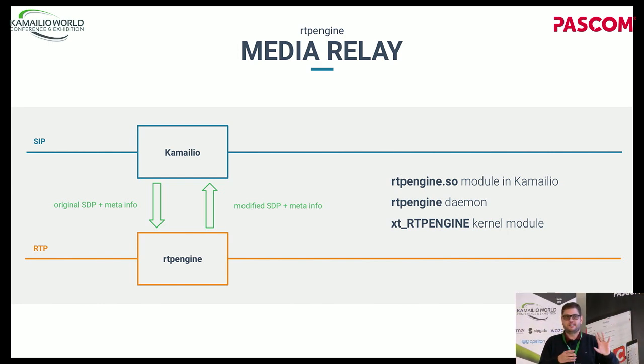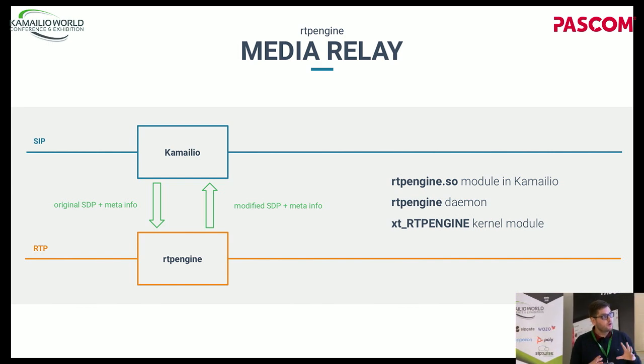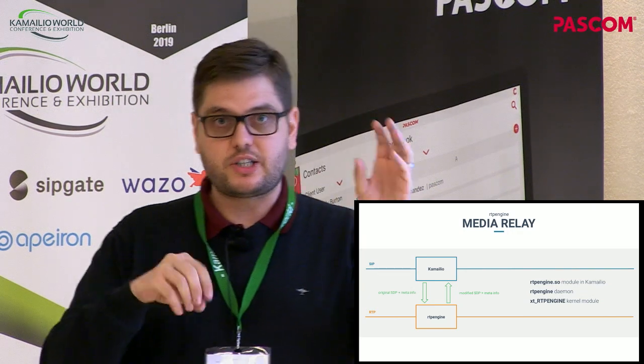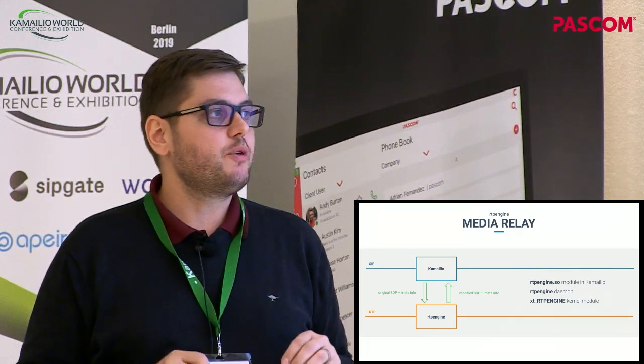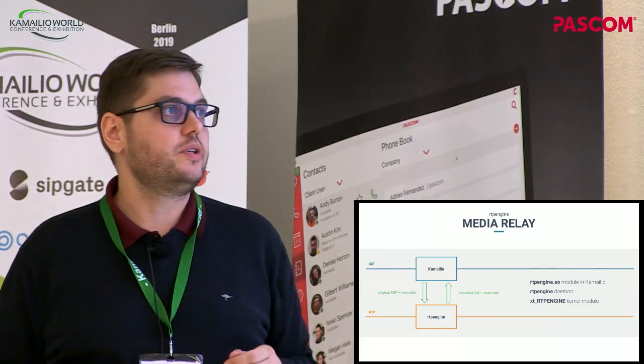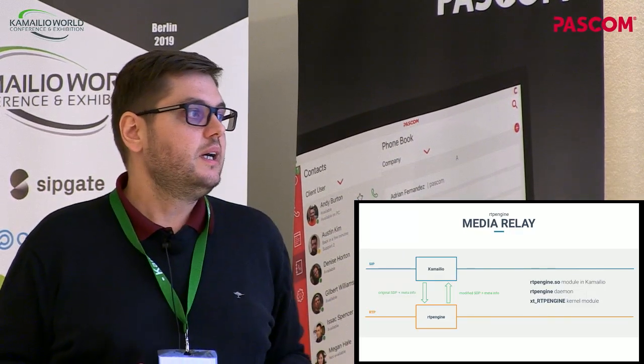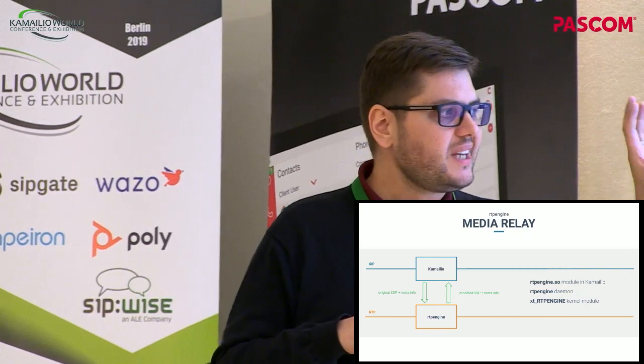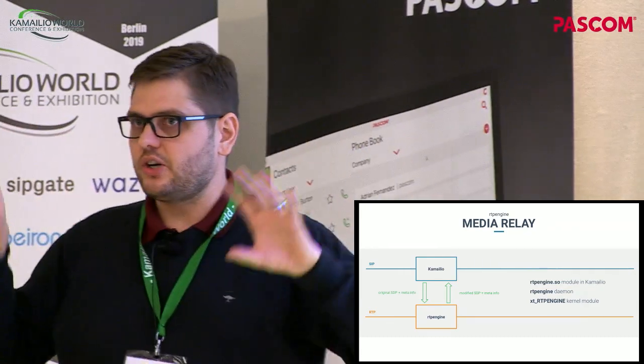In the normal use cases, okay, set up a call, like set up the media relays. RTPEngine takes the whole SDP, modifies it, and puts the modified SDP back there. This is actually compared to what RTP proxy was doing, like just rewriting IPs and ports. We actually replaced the complete SDP body and write it back for various reasons we're going to hear in a second. And using this information, RTPEngine is setting up the ports in user space.